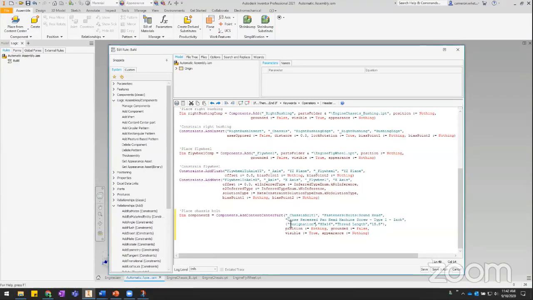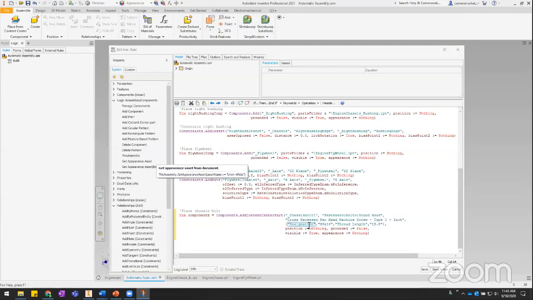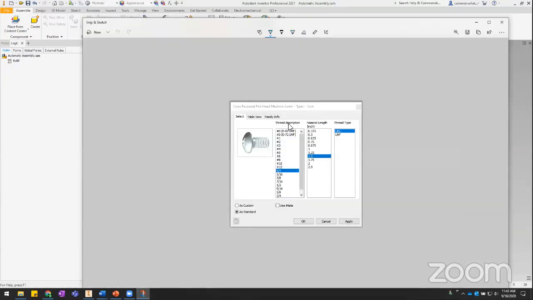Okay, now we need to specify which columns we want to use. So let me pull my screen snippet over here. These are the key columns that you use to uniquely pick a row when you're manually placing. So it makes sense to go ahead and use these. And the value that you can put in here can be either the display name of the column, or each column also has an internal name. So the display name can be anything, and even more than one column can have the same display name, which could definitely be a problem